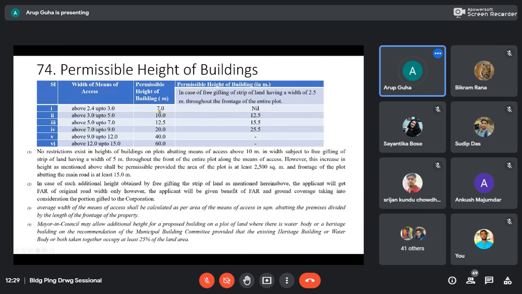হ্যাঁ স্যার বলুন। হ্যাঁ। মিউনিসিপ্যালিটি।